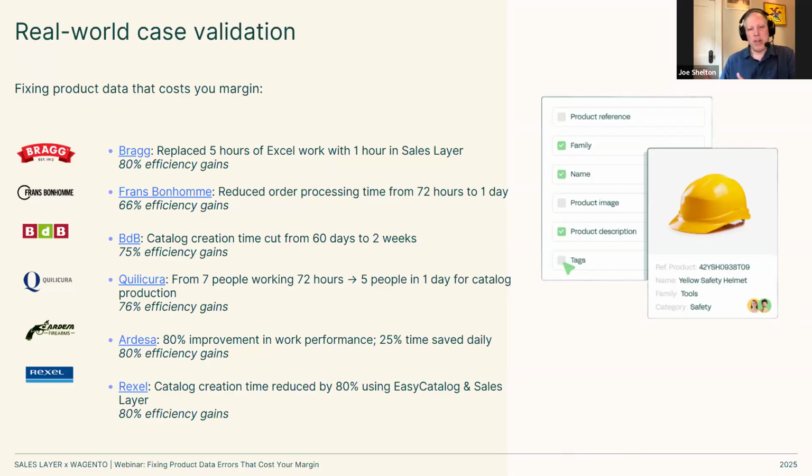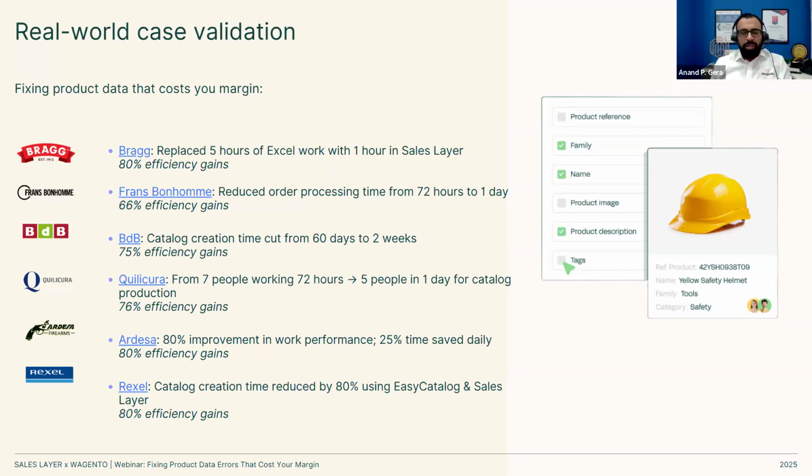And we see these problems where, in that initial sync of data, maybe some stuff is getting overwritten that you didn't want to happen, or maybe similar products are not finding each other and duplicate products are being created. These are all small problems that can be resolved by your implementer, and Sales Layer is able to give you even a sandbox environment that would allow you to overcome those problems before your product data is live. But that's what we see when we're implementing projects.